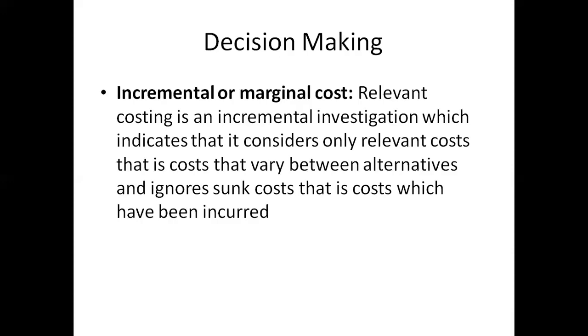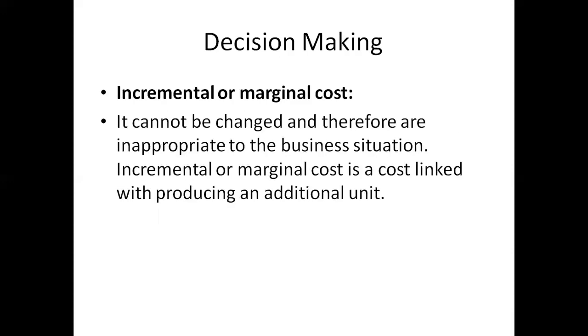Now, in the case of marginal costing, fixed costs, etc., are deducted much later on, and only marginal costs or the variable costs, etc., are dealt with before that. Now, incremental or marginal cost cannot be changed, and marginal cost is incremental cost. With each and every unit produced, we incur more and more marginal cost. Now, does it mean that if we continue producing more we will always earn profit?